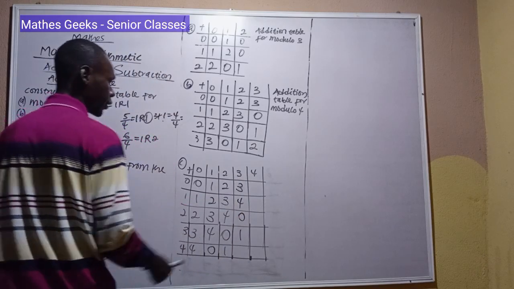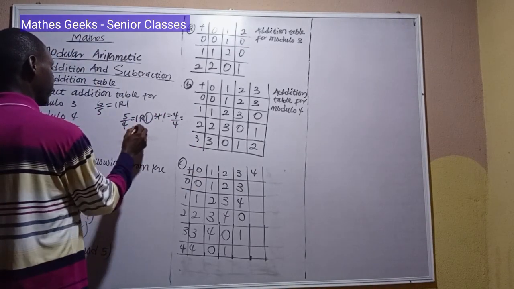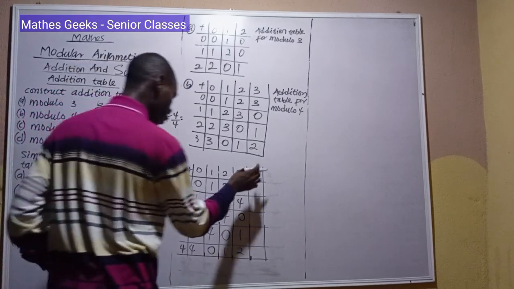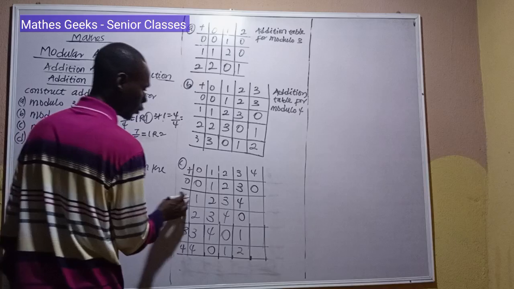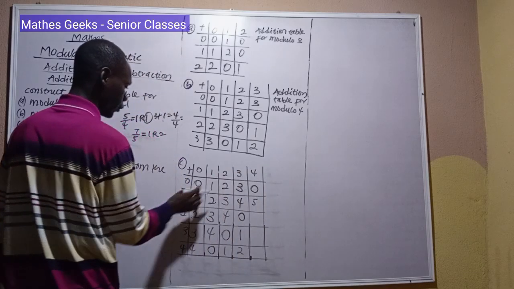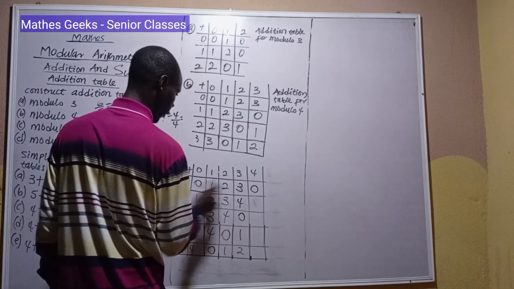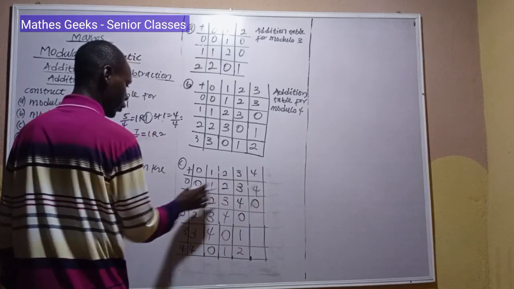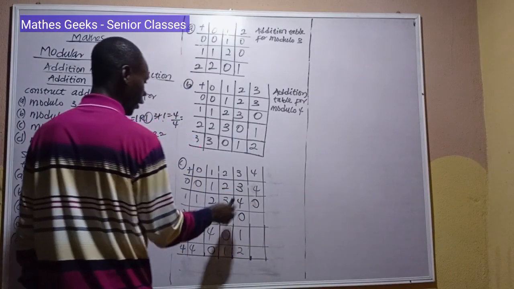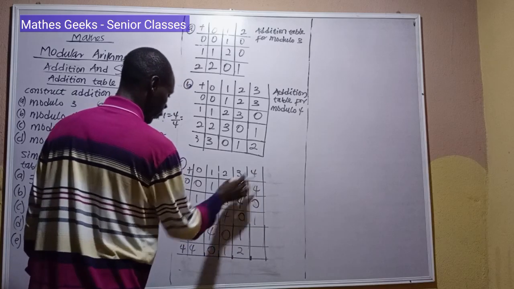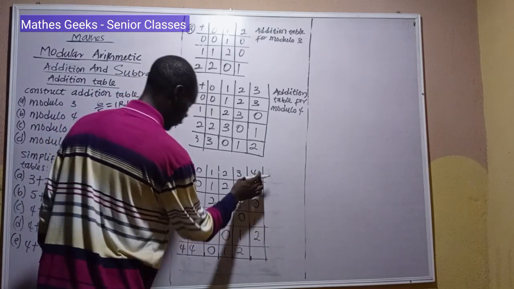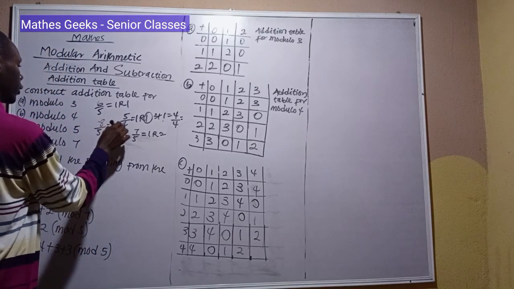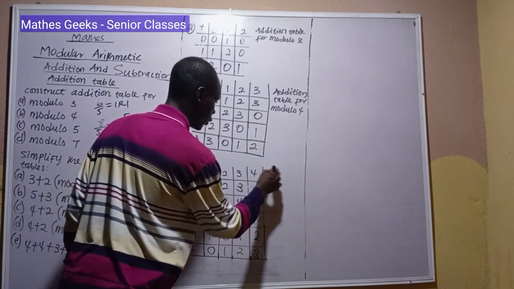3 plus 4, 7. 7 in mod 5 is 7 over 5, 1 remainder 2, that is 2. 4 plus 0 is 4. 4 plus 1 is 5, which in mod 5 is 0. 4 plus 2 is 6, that's 1. 4 plus 3 is 7, that's 2. 4 plus 4, 8. 8 in mod 5 is 8 divided by 5 is 1 remainder 3. So this is the addition